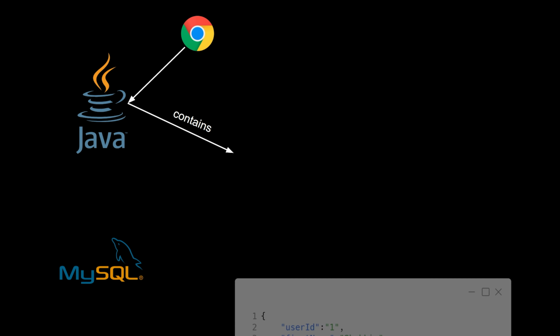Let's take one example to understand that. We are taking a Java application running on a Tomcat server. We have created that using Spring Boot, and there is a MySQL database where we are storing the data. All the requests coming to that Java application using the APIs that we have created will contain the data for each of the requests.